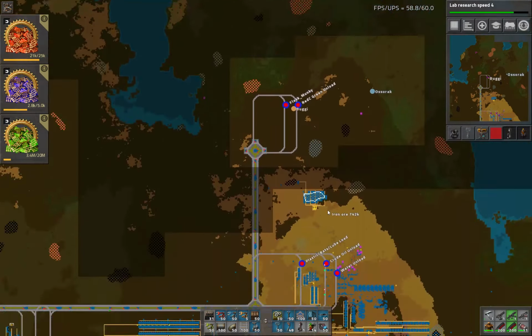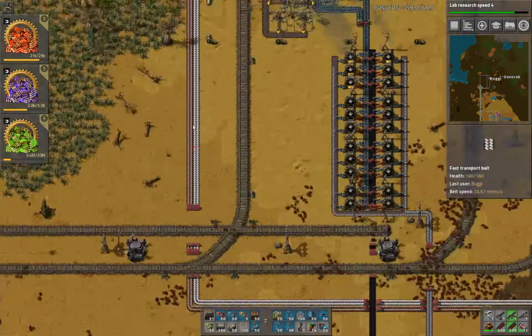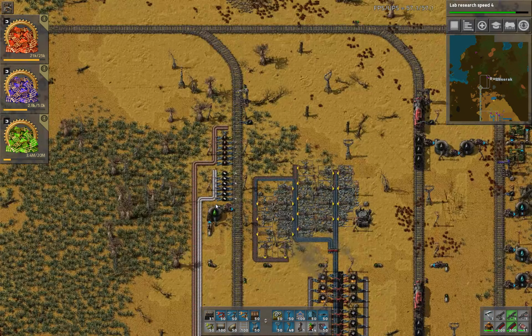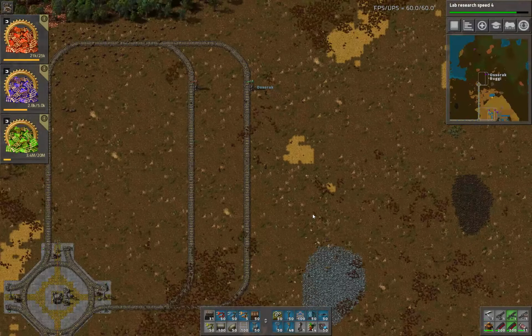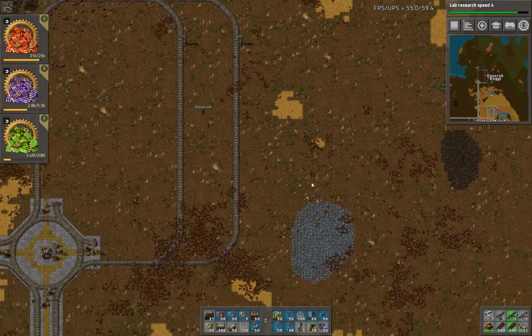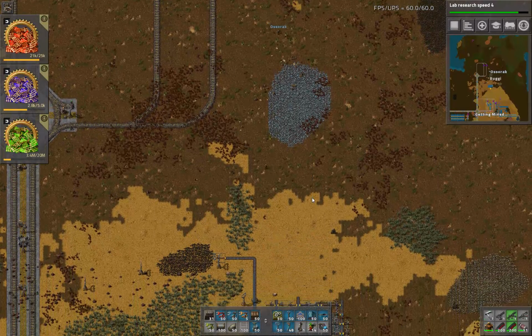Now plastic, we could just bring up from here. We could just bring up just a long line of plastic wherever it's needed. I don't mind using the belt for that. I could even add some speed modules. I need to go down and upgrade plastic anyway, since we have ample amounts of